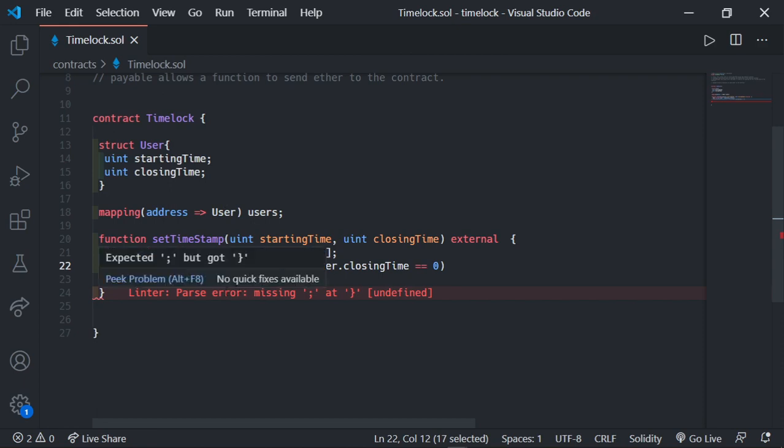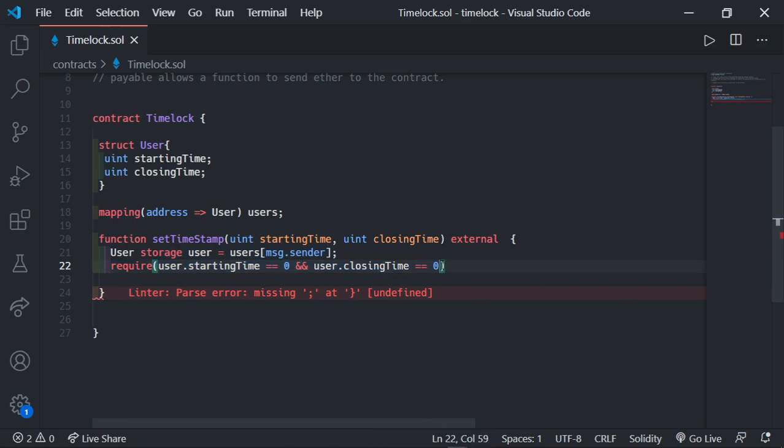Now we're trying to compare if it's equals to 0. If it's equals to 0, it means that the user hasn't set his starting time yet, and if the closing time is equals to 0, this current msg.sender hasn't set his closing time. So if this condition is false,